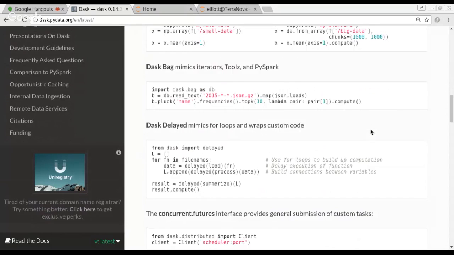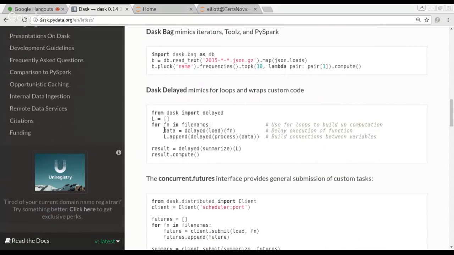And then one last thing is a sort of delayed thing, which is kind of like if you look at the vectorize function in NumPy, which says, if you have a function that takes one input element and gives you one output element, then the vectorize function will optimize it so that you can run that on a whole array, as opposed to doing a for loop over every single element. It will do that for loop in C or whatever. So the delayed function in Dask does a similar thing, except it says